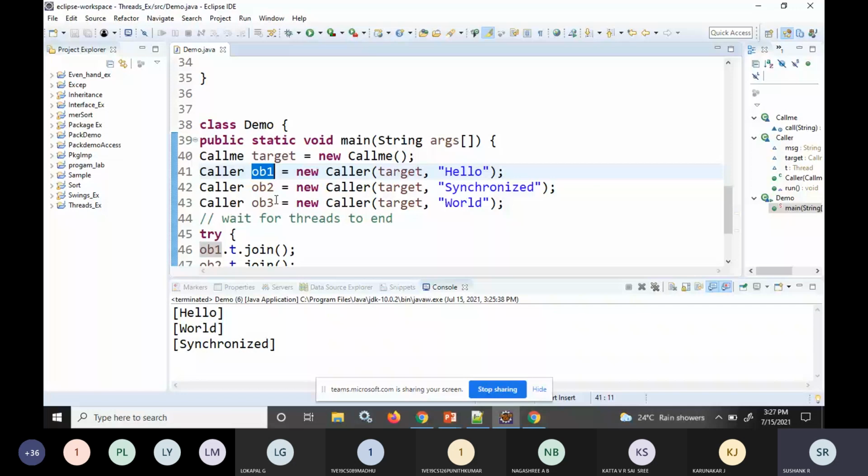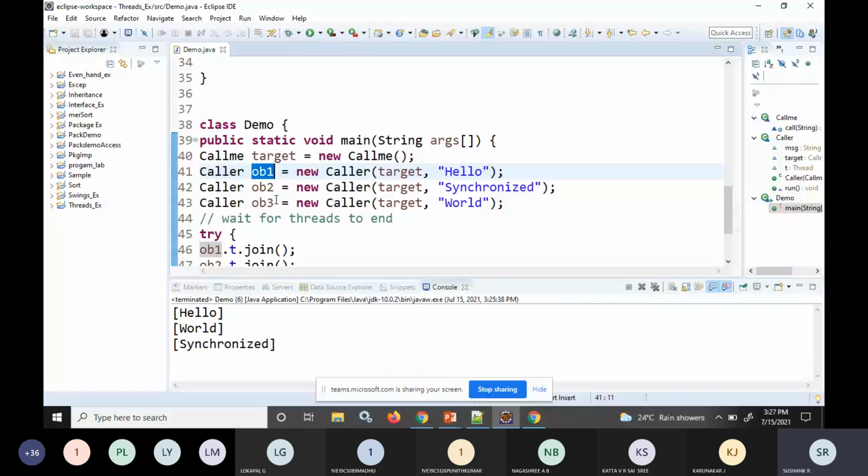And for thread 2 to get executed, it has to call method X. So we have two methods, method X and method Y. Method X is occupied by thread 1 by taking the monitor, and method Y is occupied by thread 2 by taking the monitor. But now these two threads are trying to call other functions: thread 2, which has acquired Y, is trying to call the method X, and thread 1, which has acquired method X, is trying to call method Y. So it is resulting in a deadlock condition.